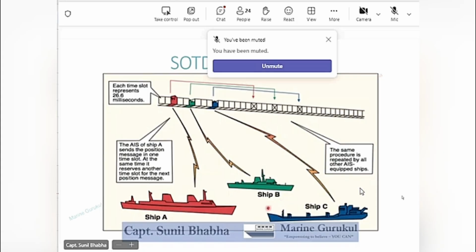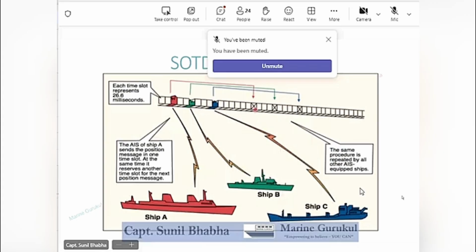Let's say a third ship enters that area, that is ship C. It has entered this area. There is no other ship anywhere. Now the AIS of ship A and ship B was already working. Ship C has entered this area just now. So how does the system work? The AIS on ship C, the blue ship, first goes into reception mode. It tries to receive the data transmitted by the ships which are already present in that area. So ship C is going to wait for the transmission from ship A as well as ship B.